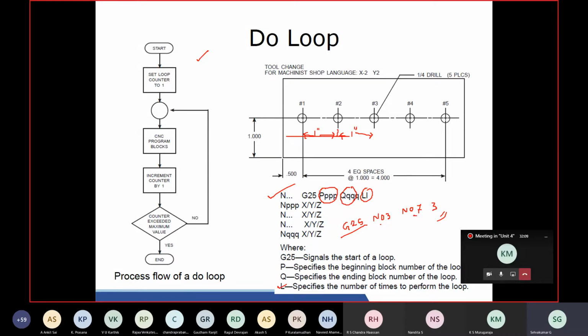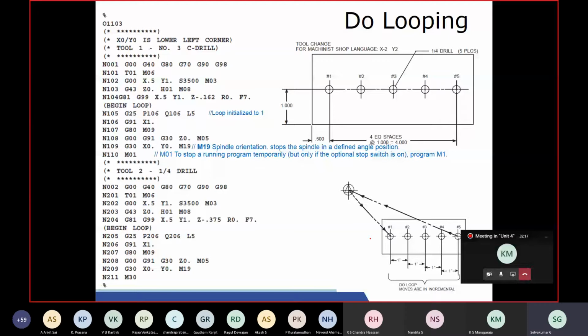This is G25. I mean, this is looping. Looping you can do with this cycle also. So in this case, actually on the workpiece 2 different holes are made. One is a smaller one. After that, changing the tool and repeating the same, you can, I mean, do counterboring kind of thing. You can enlarge the diameter of the hole. So the same program is repeated.